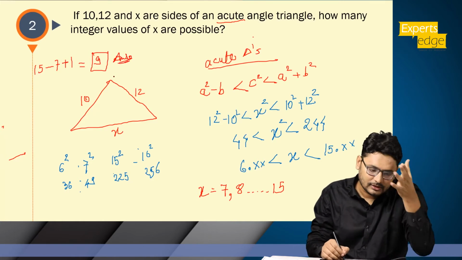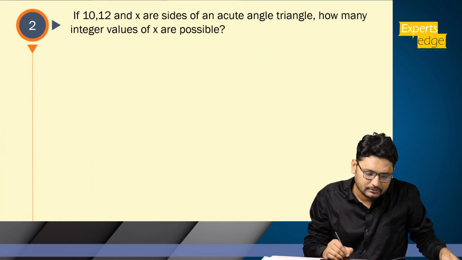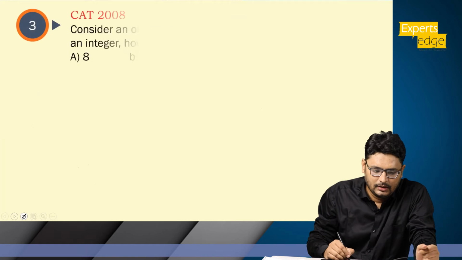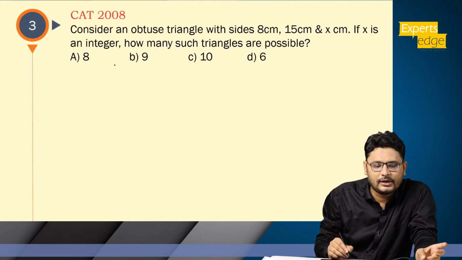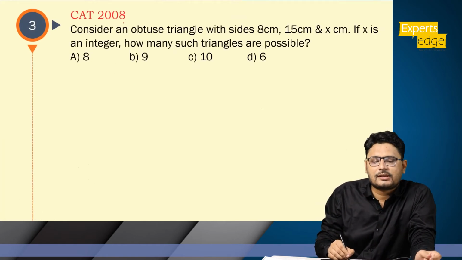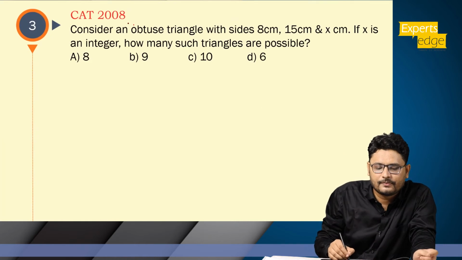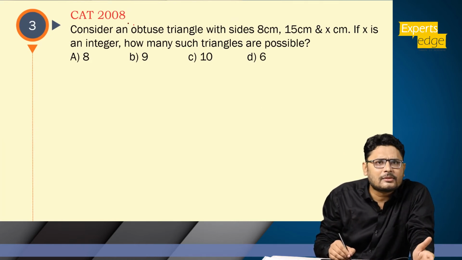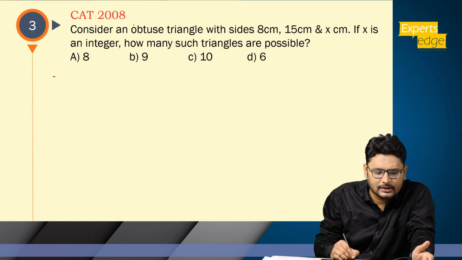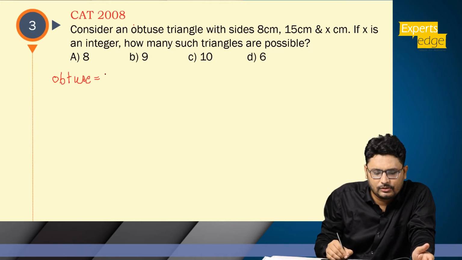Okay, now let's solve the next question. Question number 3. This is a CAT 2008 question. So what he's asking is the obtuse. Okay, how do you get obtuse? There is no direct method for obtuse. कैसे निकालते हैं? For to get obtuse angle triangle, first we should do total triangles हमको निकालने पड़ेंगे साइड के